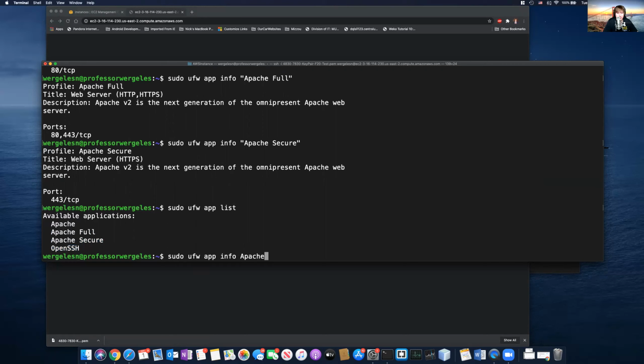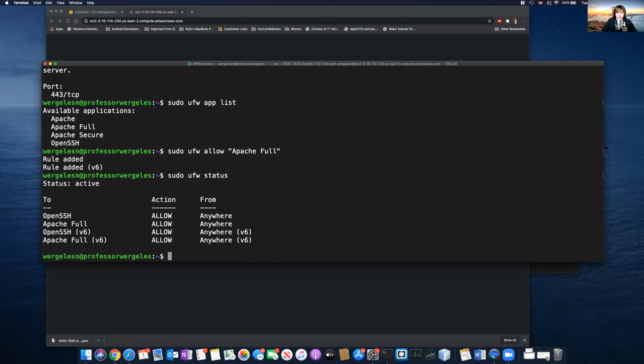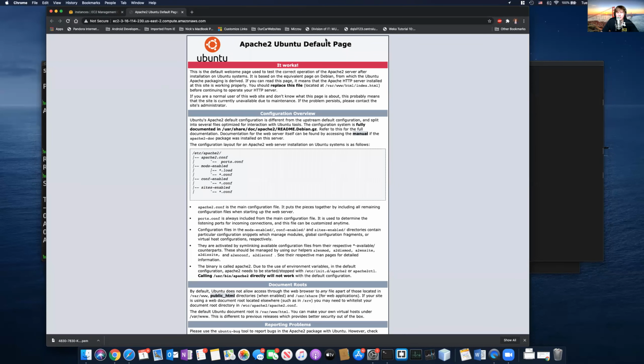So we'll go ahead and add. Let's see, what command did I do to add? Allow. So I'm going to allow Apache full. Okay, because that's going to match our firewall going into the server, which was 80. So it's 22, 80, and 443. Now on the UFW, which is the firewall to our web server, it's 22, 80, and 443. Okay, so it's the same, which is good. Now if I come back to the page, refresh, go into my public DNS, you'll see I'm able to access